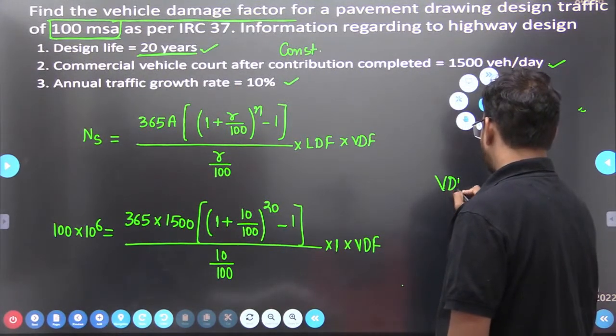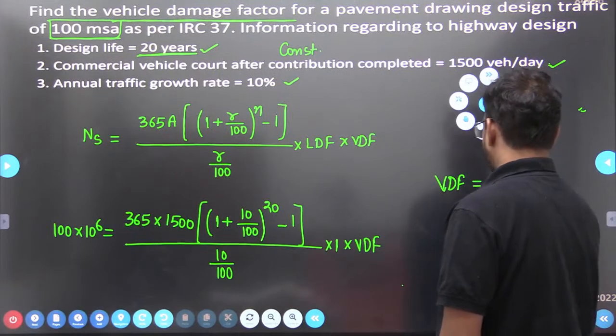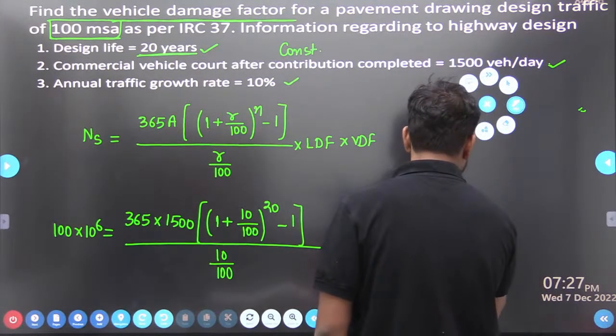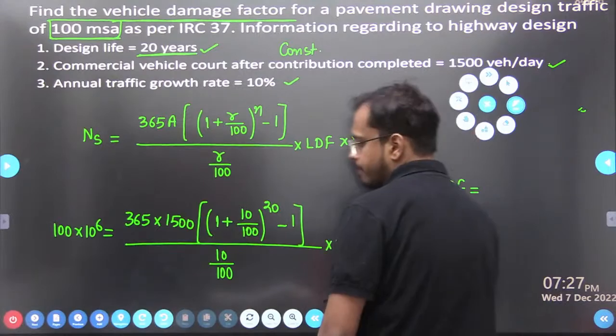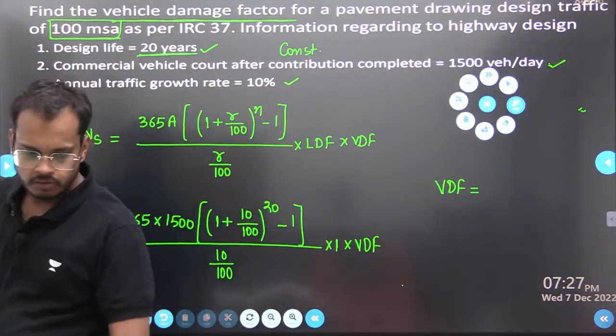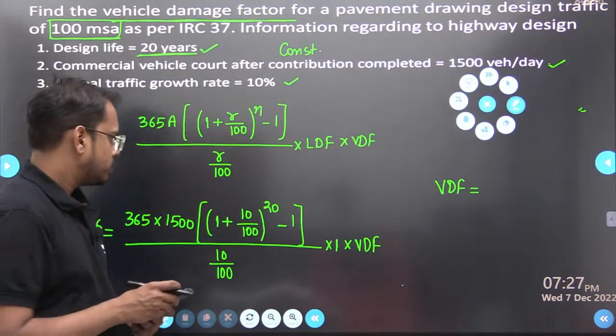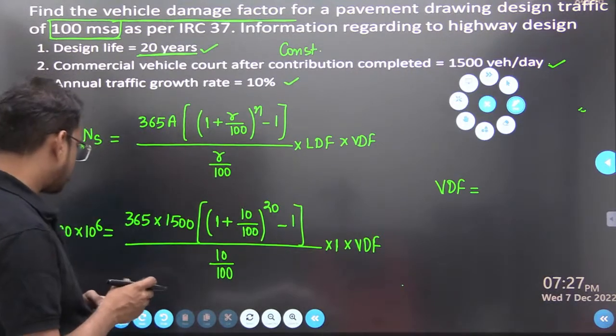What is the value of vehicle damage factor? Anybody else? Please calculate the value. What is the value of vehicle damage factor here? So we already know that,